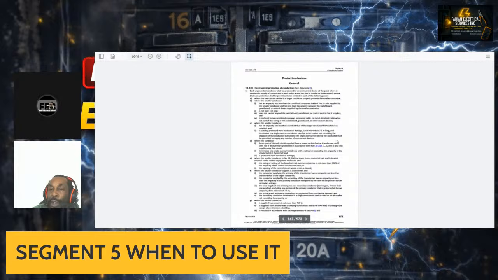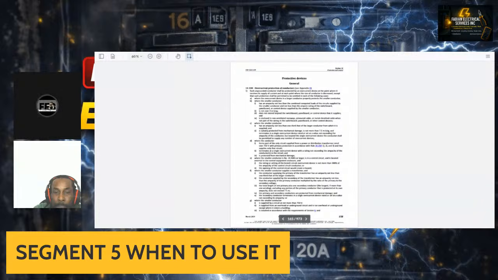Where the conductor forms part of the only circuit supplied from a power or distribution transformer rated over 750 volts with primary protection in accordance with Rule 26-251, subrules 2 and 3, and that supplies only that circuit, terminates at a single overcurrent device with a rating not exceeding the ampacity of the conductor in the circuit,